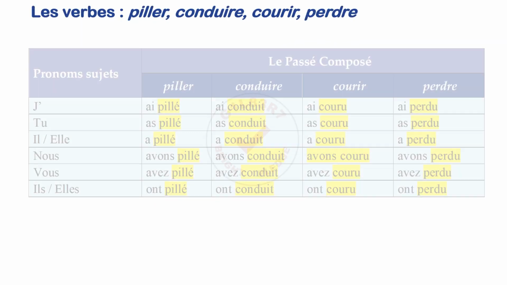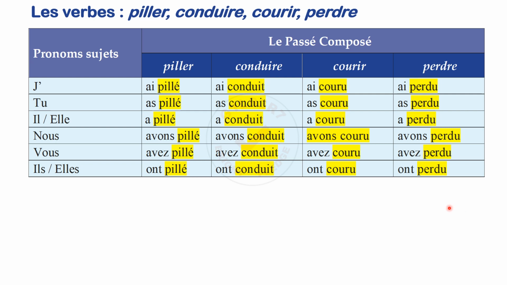Next, moving on to the passé composé. I've already made a video on the passé composé, so if you have any questions or doubts on the passé composé, you can go back to that video and then come back here. Here we see that we have first the subject pronoun, and then the helping or auxiliary verb avoir. In all of these verbs, we take avoir as the auxiliary verb,